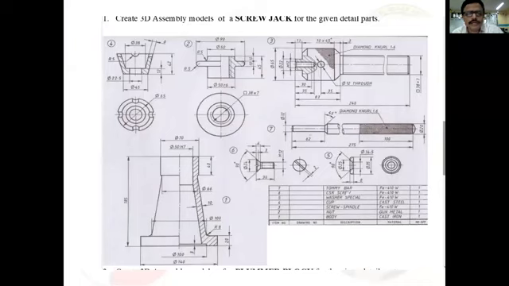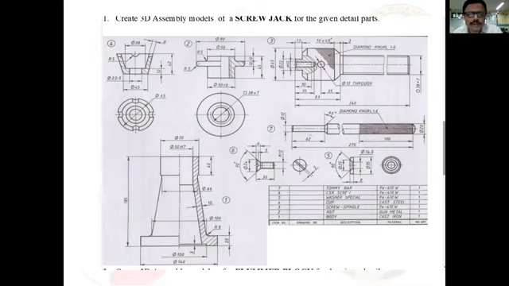This is the details of the screw jack. In this session, we will concentrate on creating the parts, and in the next session, we will be doing the assembly modeling. So let us start one by one.